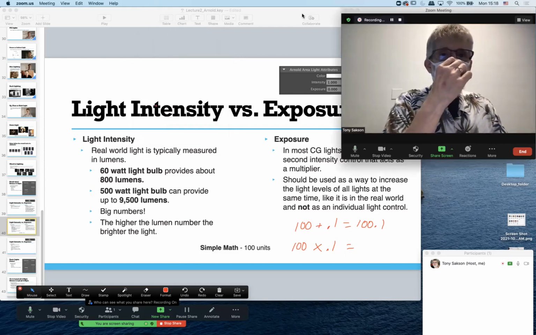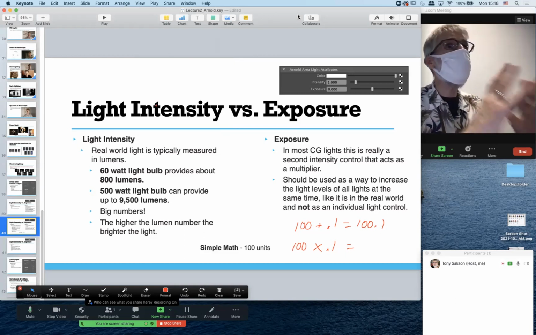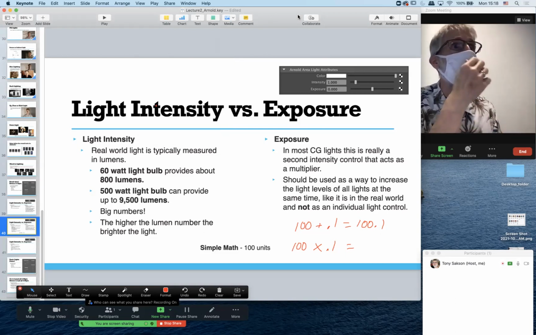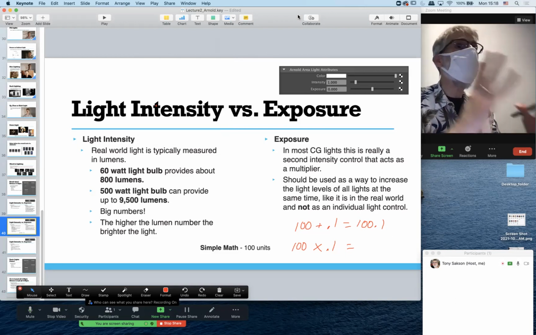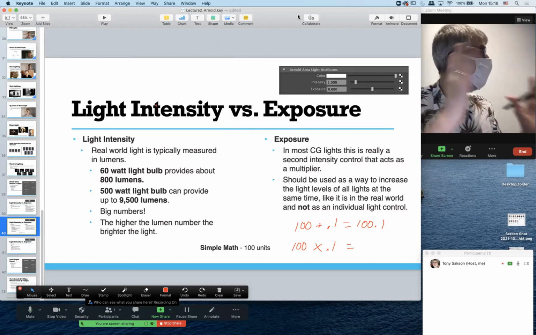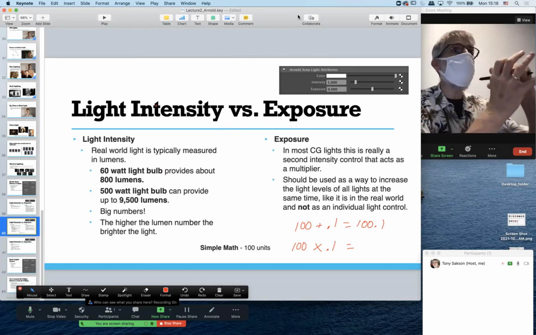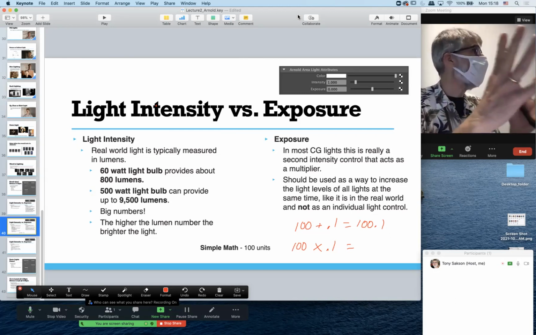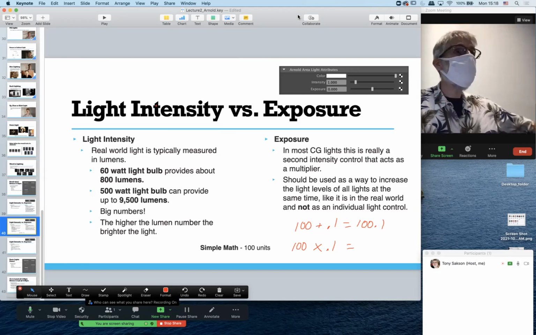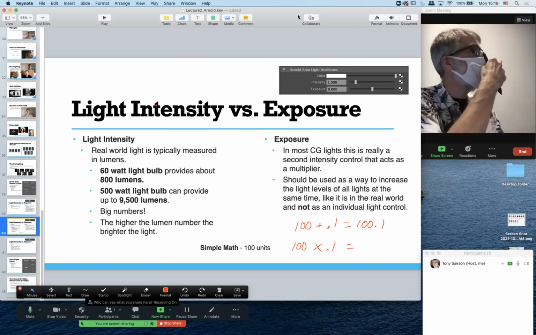So just so you can understand how this works, in our class, we don't use exposure at all. Get used to just adjusting the intensity. Because honestly, in photography, the only exposure is the shutter opening, right? That lets light in. But when the photographer uses light, they don't use exposure, they use wattage, or whatever the